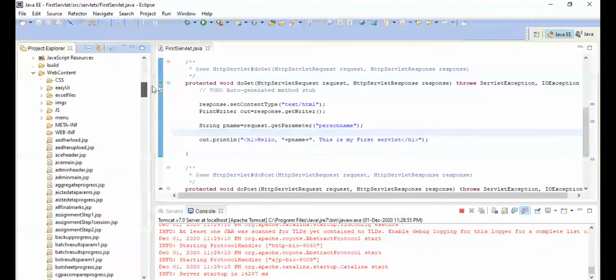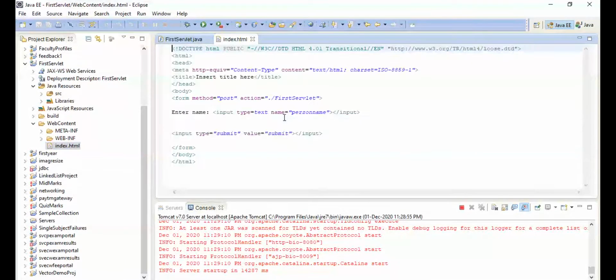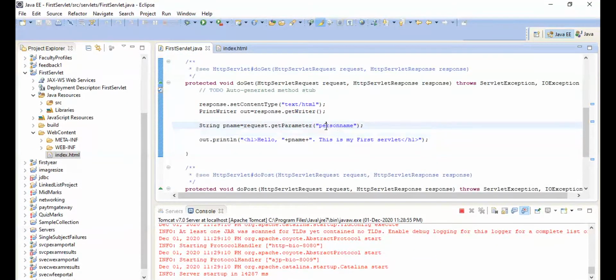If you see our HTML page, I am opening the index.html page. We have already placed one text box with attributes. I have used type equal to text and a name, which is the name of the text box, used for recognizing the text typed by the end user in our servlet. The same name we can use in getParameter to read the content from the text box typed by the end user.